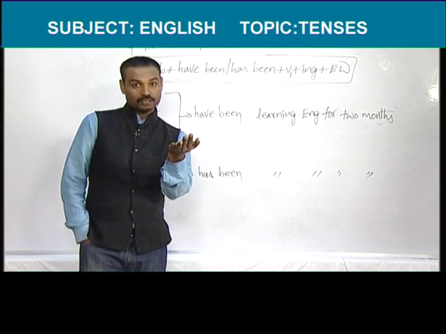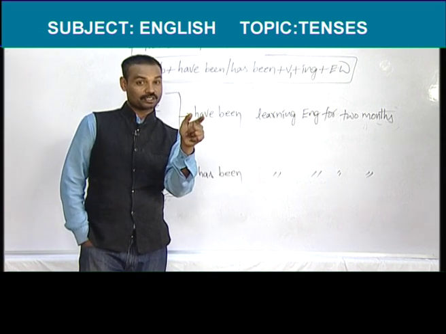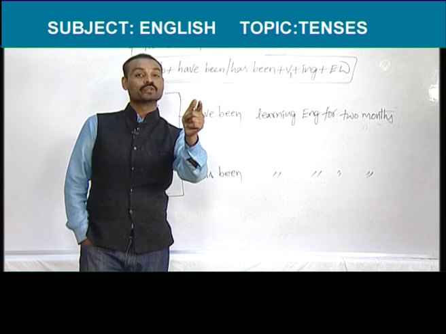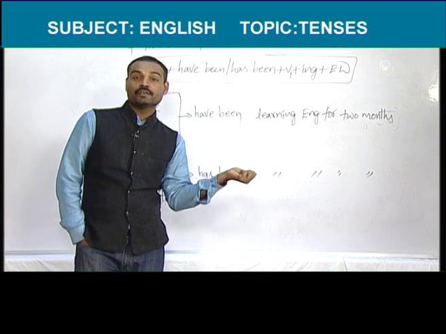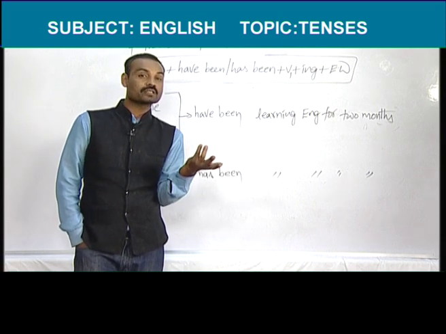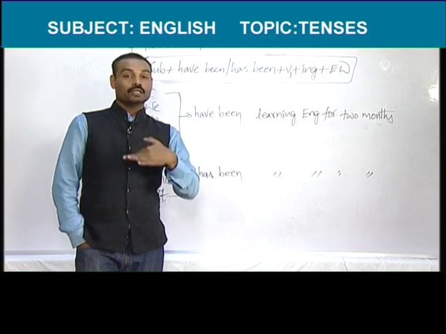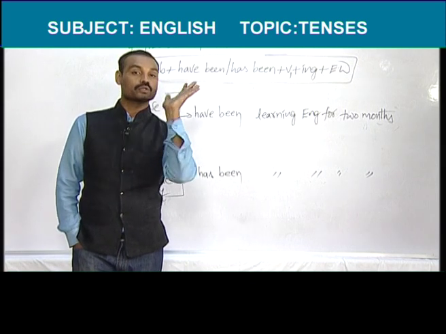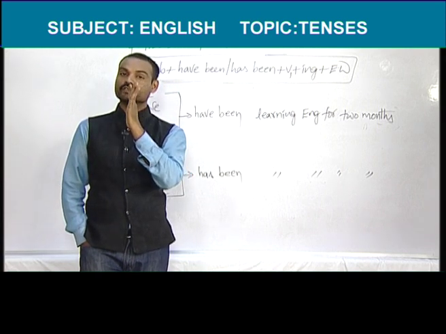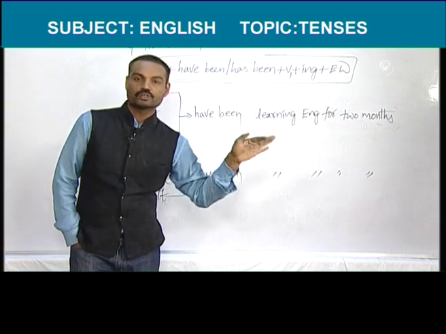Next, they have been doing this job for 2 months. 2 months is not a point of time, that is for, a period of time. If it is June, they have been doing this job since June. I have been living in Hyderabad for 10 years. 10 years is not a point of time, it is a period of time. Since 2010: I have been living in Hyderabad since 2010. So, friends, to mention a point of time, since should be used. To mention a period of time, for should be used.